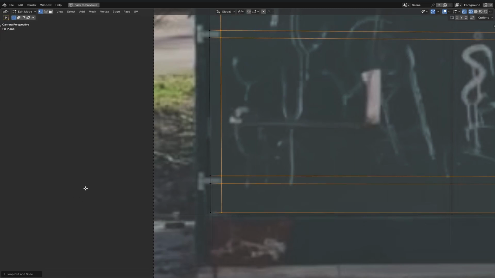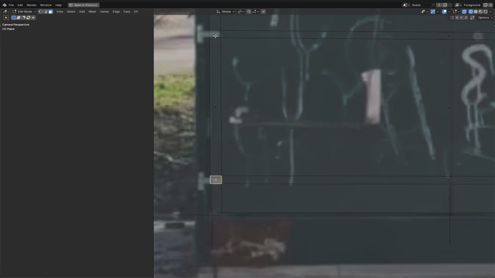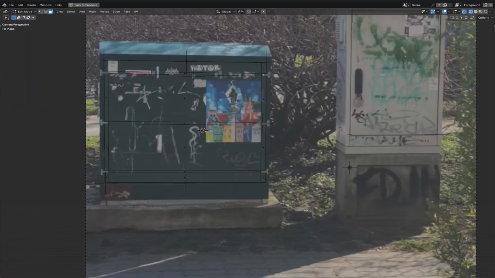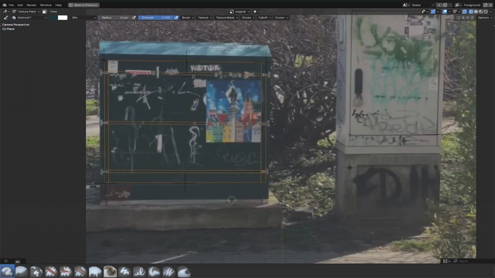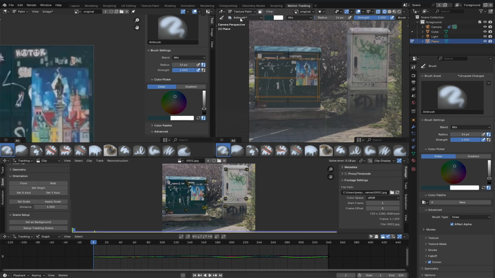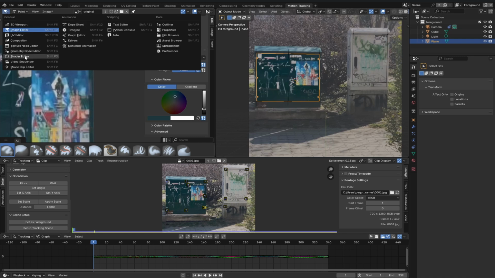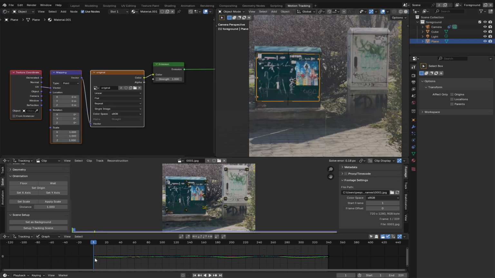Okay, I'm pressing 3 to change the selection to face and selecting those hinges, deleting them,